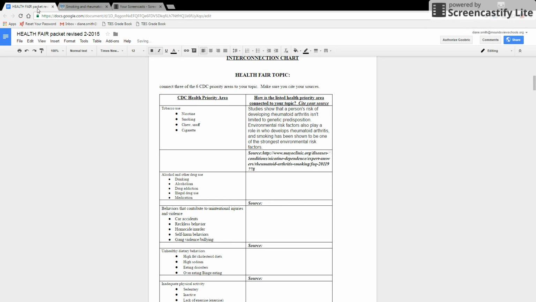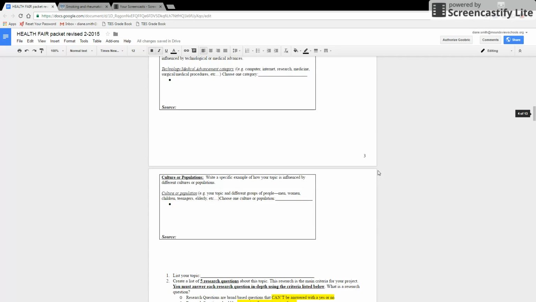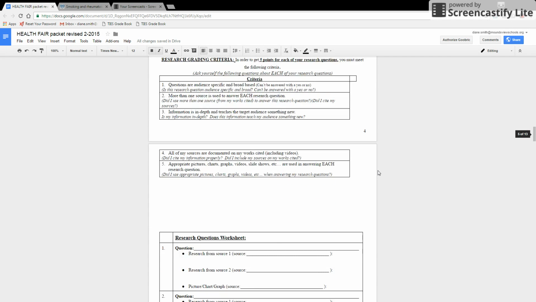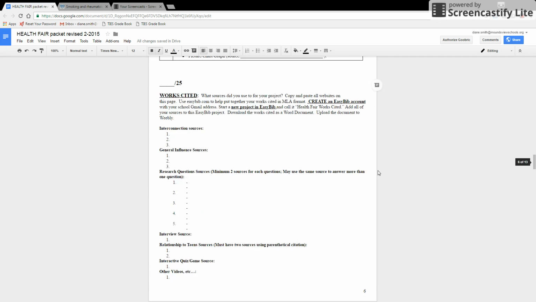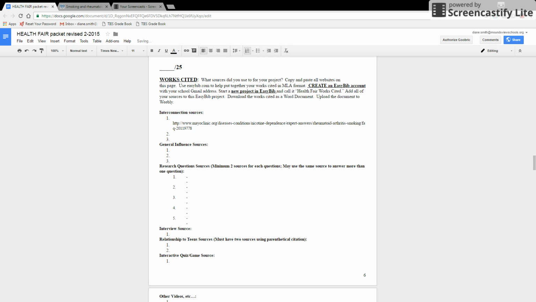And the next thing that I would strongly suggest that you do is go down to your 3rd page of your packet. Go to the page that talks about your sources, where interconnection sources. This is my first one. I will paste it there as well. So 3 different places I want to make sure that gets put. Then I would go back to my connections